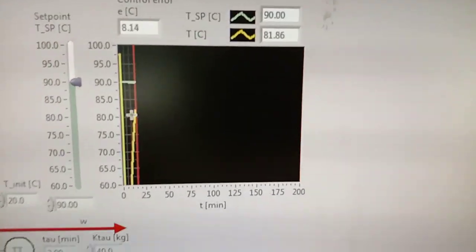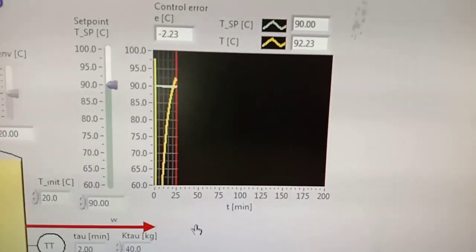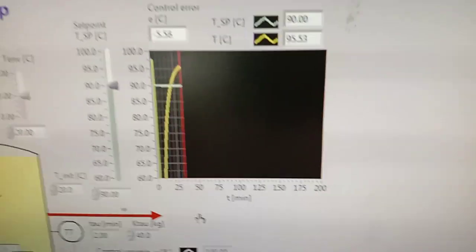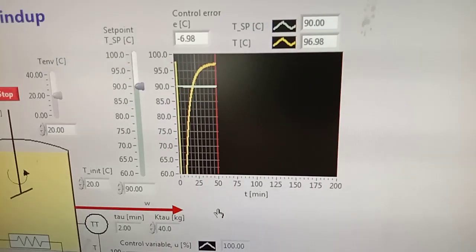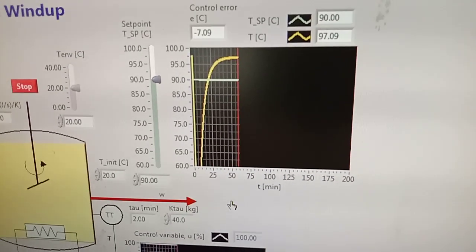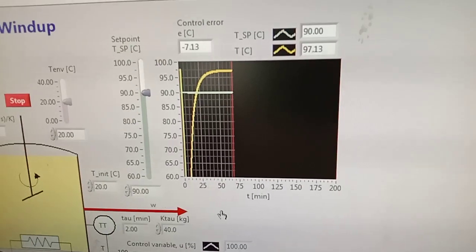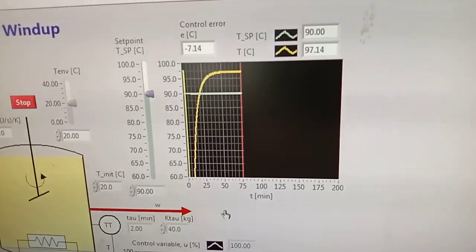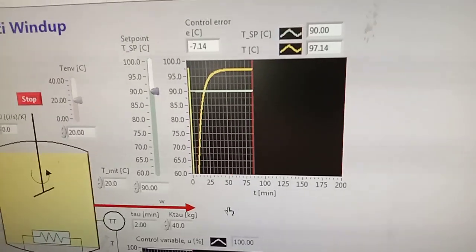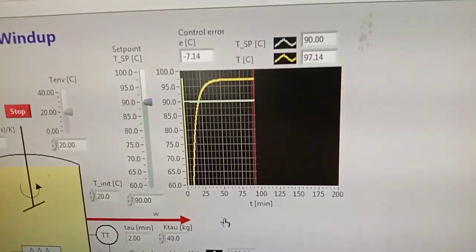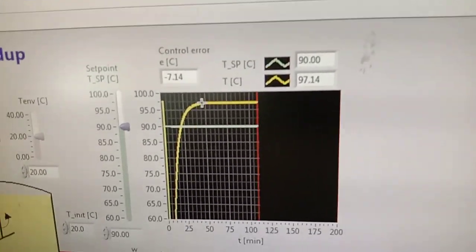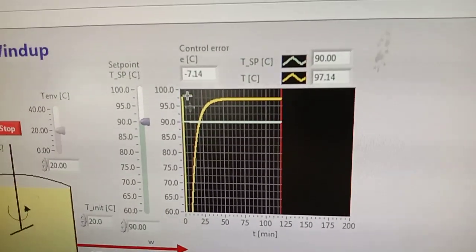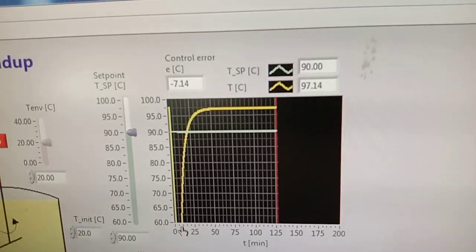I am running the experiment. You can see how it behaves without the anti-wind up setup. For 90 degrees Celsius, it has to go to the desired temperature. You can see it is exceeding 90 degrees Celsius, and you can see the fluctuation initially.